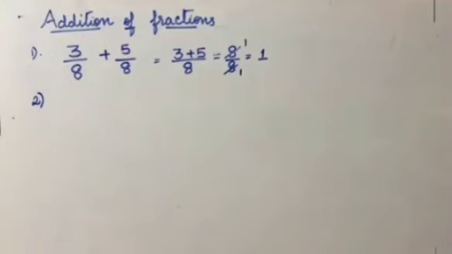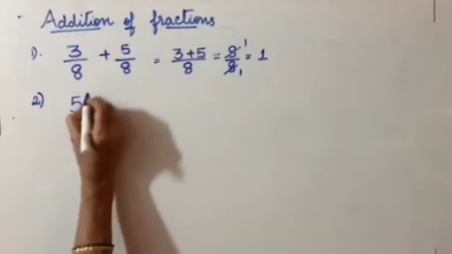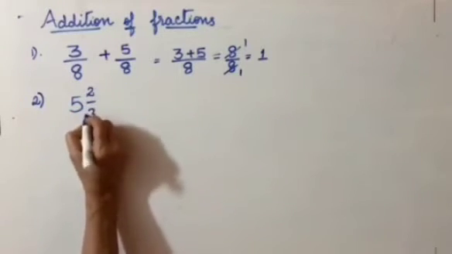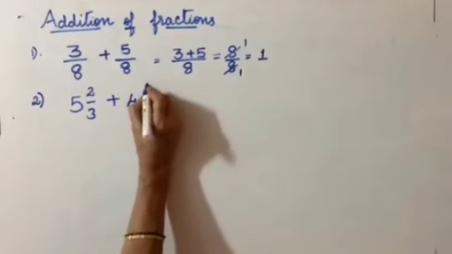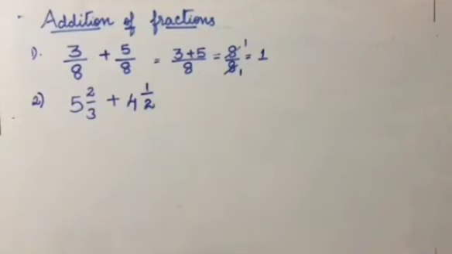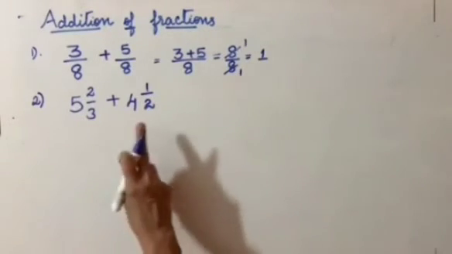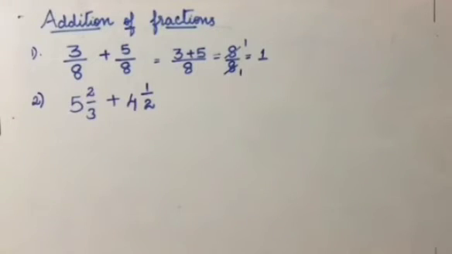The next problem is 5 2 by 3 plus 4 and a half. Children, there are two ways of adding mixed fractions. I'll show you both the ways. Please concentrate. Now, the first method is to convert the fractions